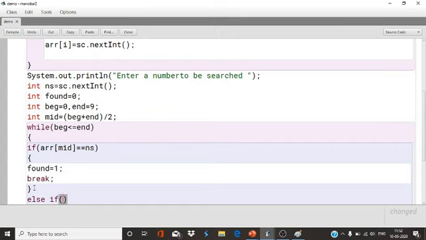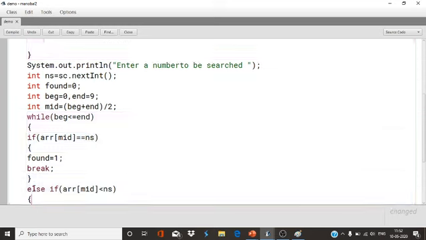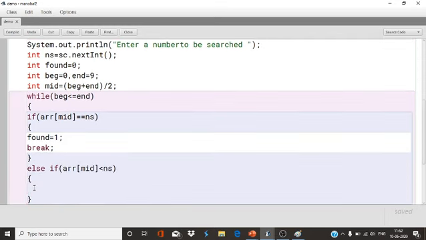So first, what I will do, give the condition: ARR mid is less than number to be searched. If ARR mid is less than the number to be searched, it means the beginning will be mid plus 1.